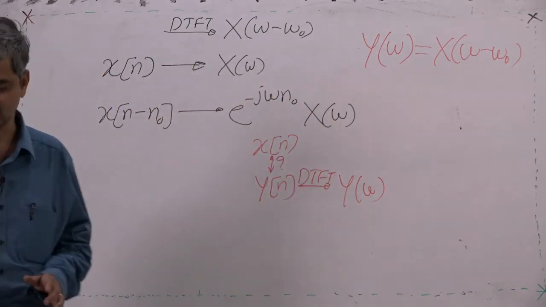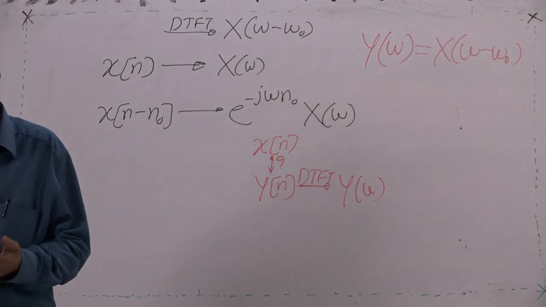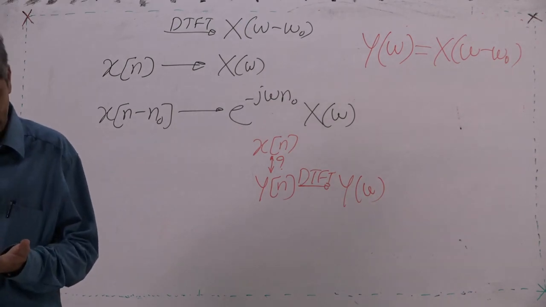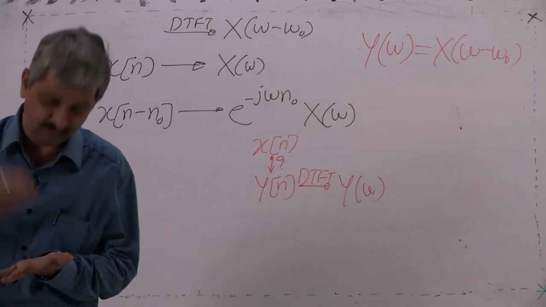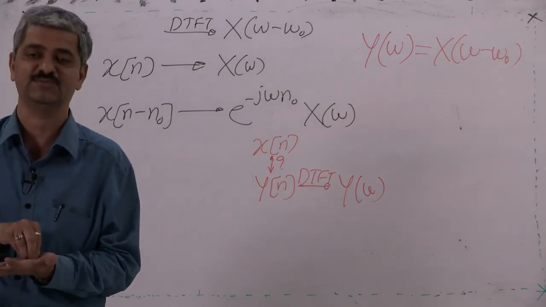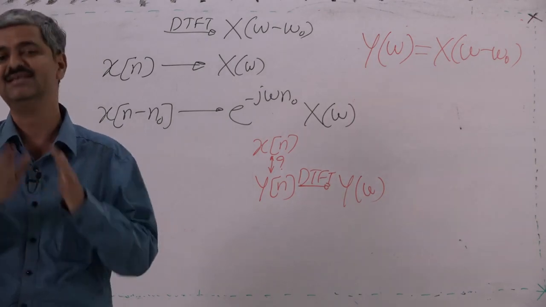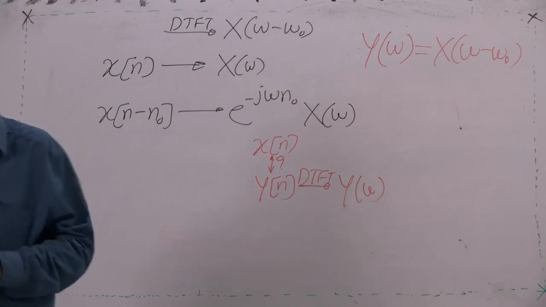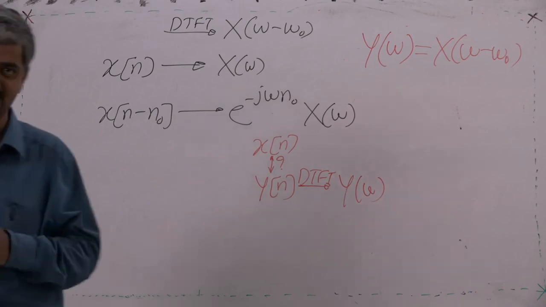Is it clear? I have a sequence, I find its DTFT, and I shift the DTFT by putting omega minus omega naught, that is Y omega. This Y omega is expected to be the DTFT of something. Let it be y of n. Then what is the relationship between x of n and y of n? Take this as homework. There are 2 days. I will put some more assignments in Google Classroom, and when we meet on Monday, we will discuss the further things. I hope it was not too exhaustive today. Let us stop now.